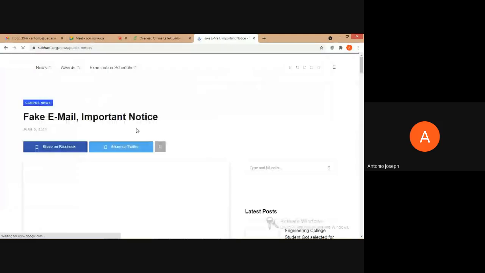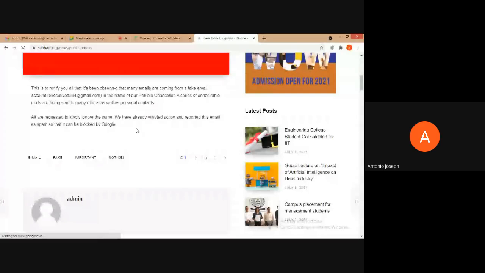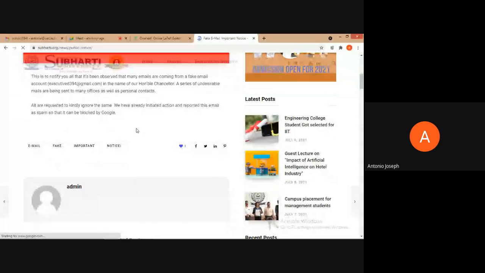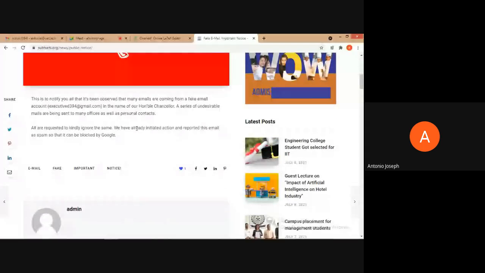See, this was from the Subharati University. They are also telling that the name had been taken from their honorable chancellor. So while looking at this mail, suddenly we might reply to him. Sir, do you mean to say that, supposing we get such a mail, if we go to Google, we'll be in a position to know whether it is a phishing mail?